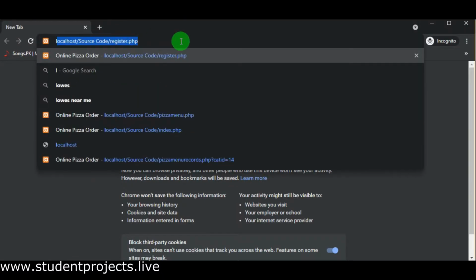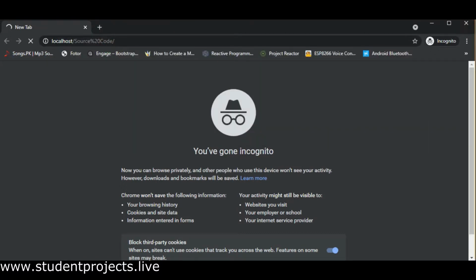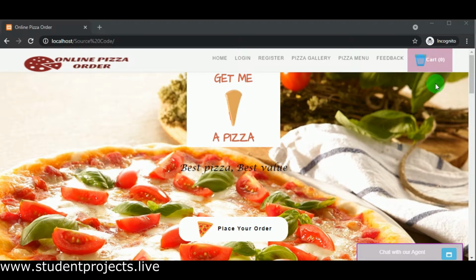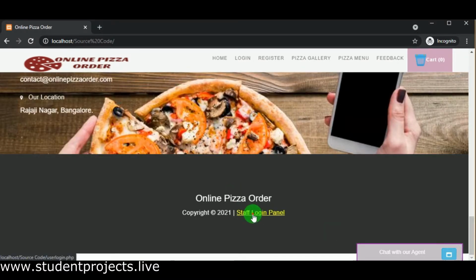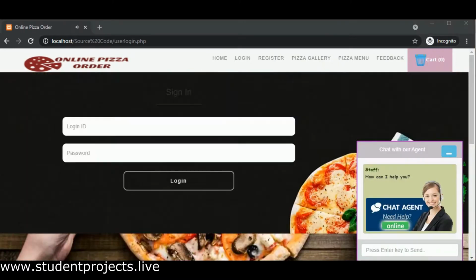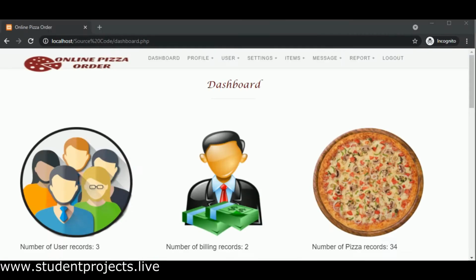So let us open one more tab in an incognito window, and let us open the project here. So we can see that we have opened the project, and let us log in as the staff now. So the staff, let us take as admin. The admin will log in now using his login ID and password.